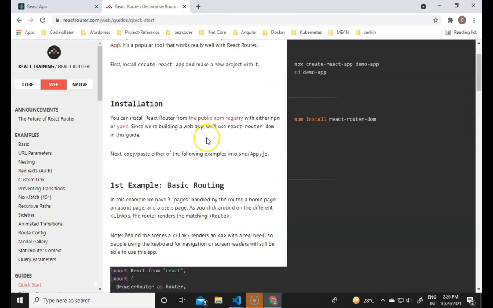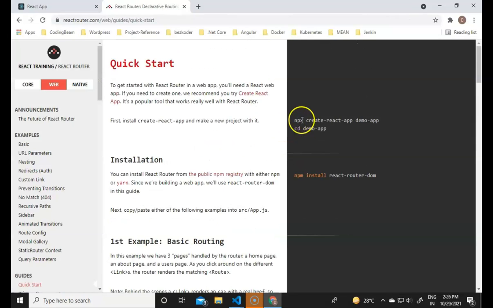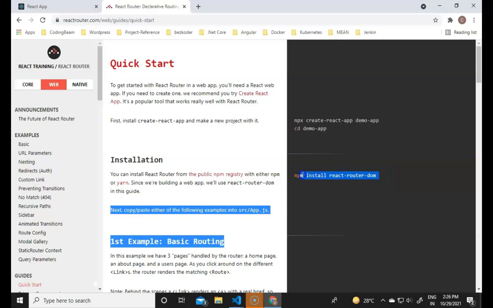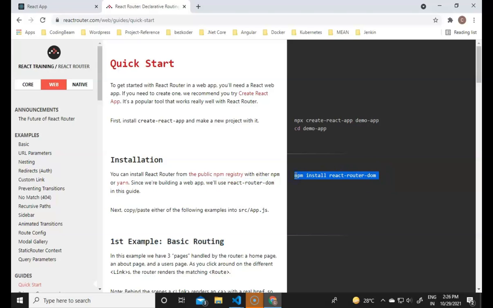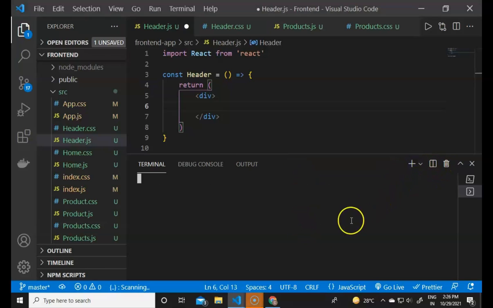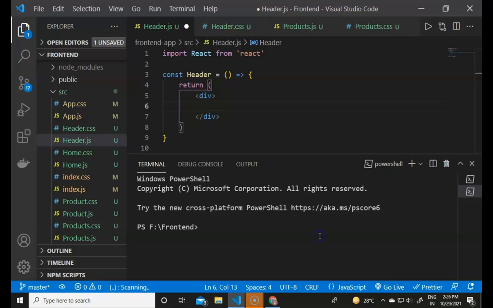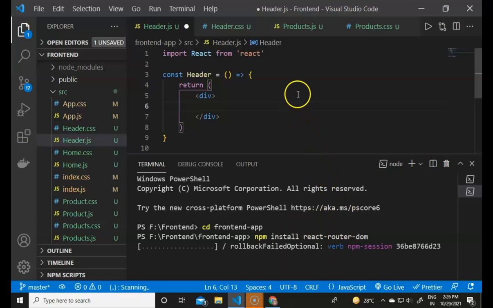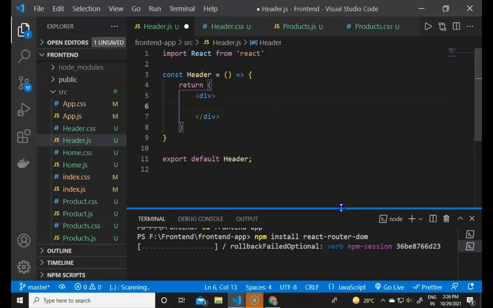See that link, and there are some steps about it. So you can just directly copy the npm install command from that, and I will just paste it here in the command window. I will create a new terminal, then we have to go to the directory. So npm install react-router-dom, and we have to wait till it installs. Until then we can just create some CSS files.